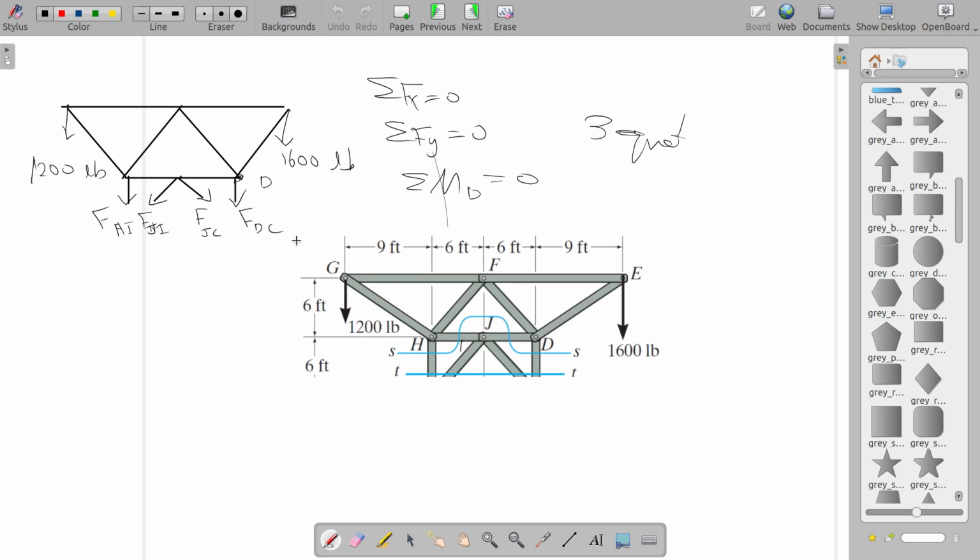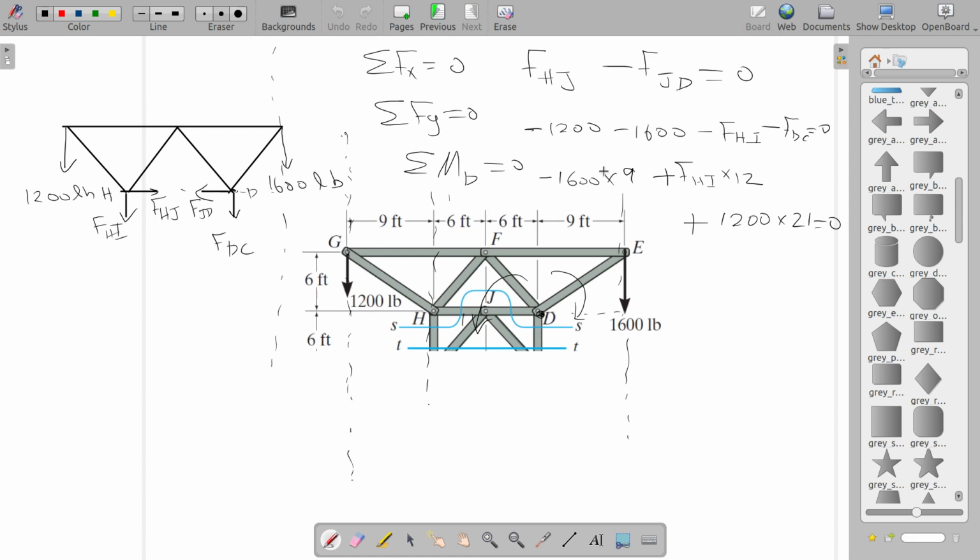Here you need to consider this angle, which is 45, and you have to take the components of JI and JC into horizontal and vertical direction. So that will not be very difficult. So you have 3 equations here and 3 equations there, and that makes a total of 6 equations and 6 unknowns. So you can solve for all